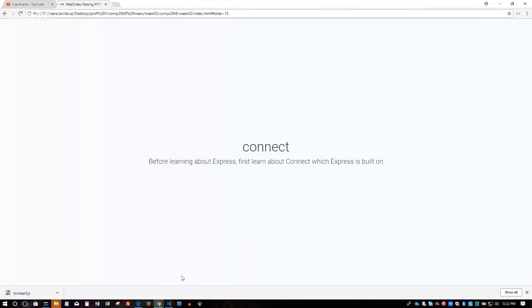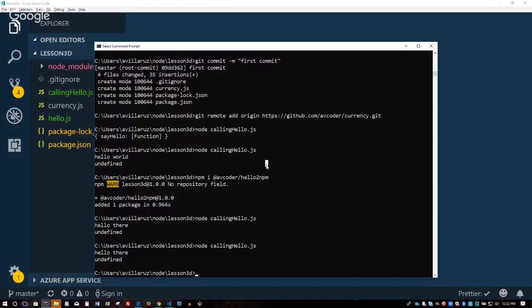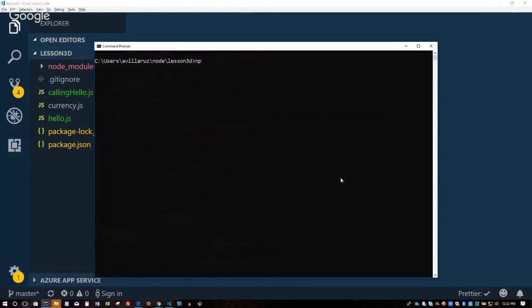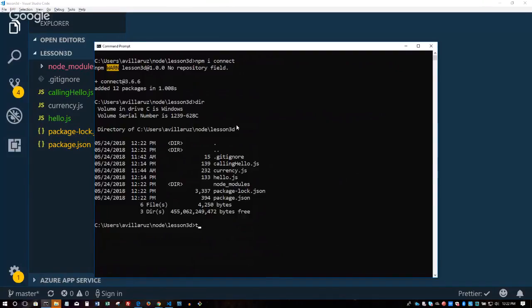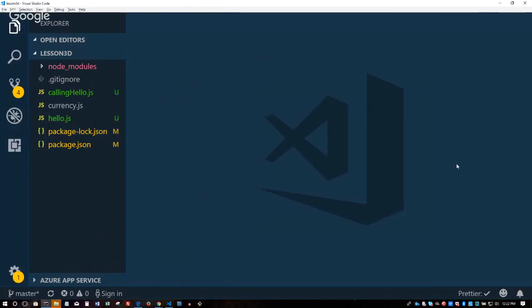All right, so let's open up your command prompt. You could have it in the same folder if you want. That's fine. And we are going to say npm install connect. So what does this do? Again, this will install the Connect code into your node modules folder, and it adjusts your package.json file. So if I look at my package.json file, I now have accounting, Connect, and my hello Tubian. So it's keeping track of everything. That's great.